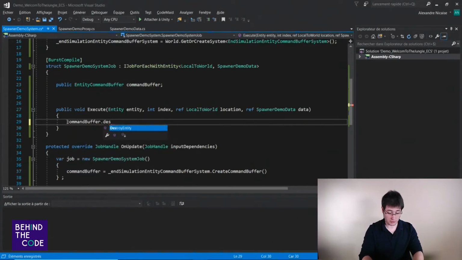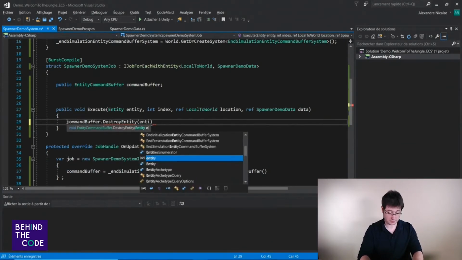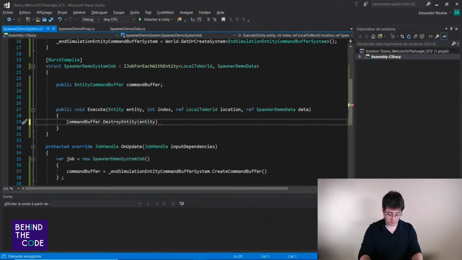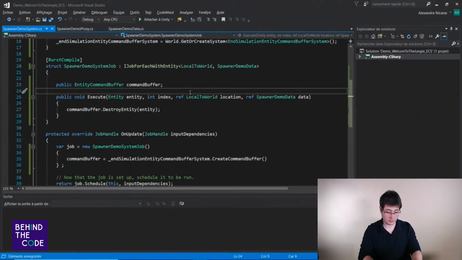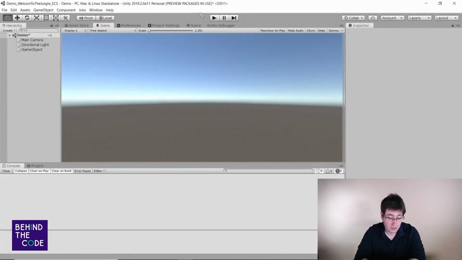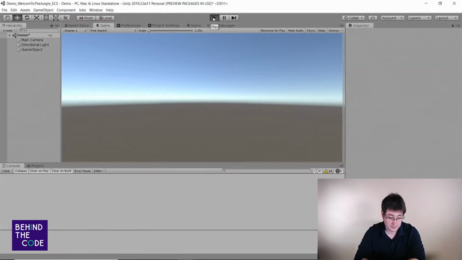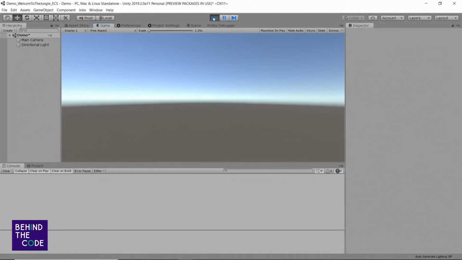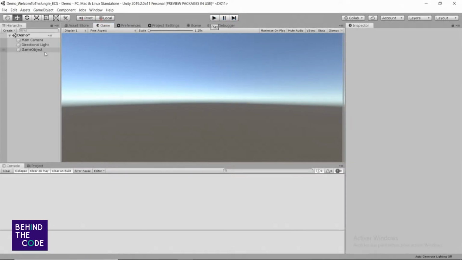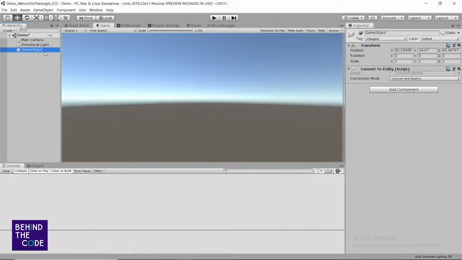Sorry, destroy entity. So just to know if I made some mistake, I will run my little thing, and there is no mistake. It's good. We'll just rename my game object to spawner,